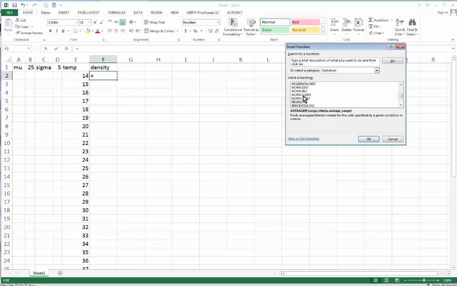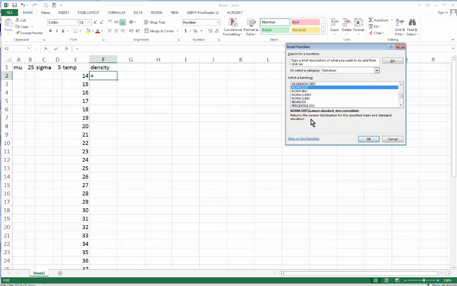We can use the first two because the other two are special cases of these first two. Now I'm going to use normal dist, the function which is called normal.dist,